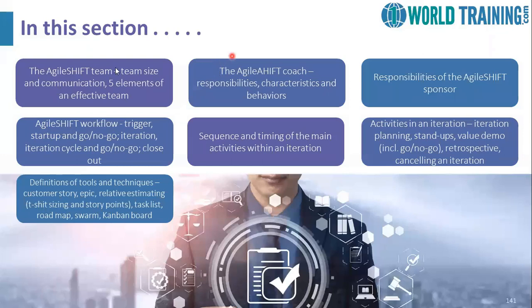Let us look at what would be covered in this section. Firstly, we take a look at the AgileSHIFT team concept, including the team size and communication, and the 5 elements of an effective team. Then we look at the role of the AgileSHIFT coach with the responsibilities, characteristics, and behaviors. And then the responsibilities of the AgileSHIFT sponsor, followed by AgileSHIFT workflow, meaning the trigger, then the startup and go